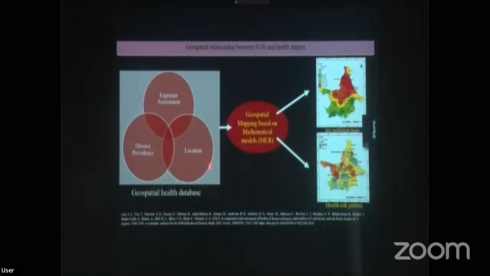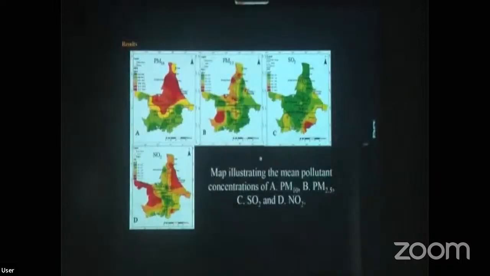So finally, we tried to make a geospatial mapping using an MLR model to predict or to understand the vulnerability of this type of disease in the population of the study. So this is a general map, the geospatial map, where we can see the particulate pollution, particularly PM10, PM2.5, sulfur dioxide, nitrogen